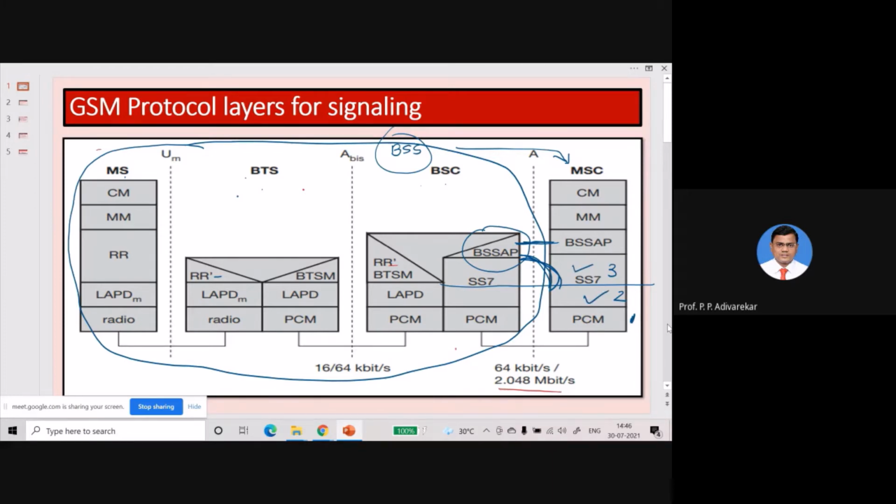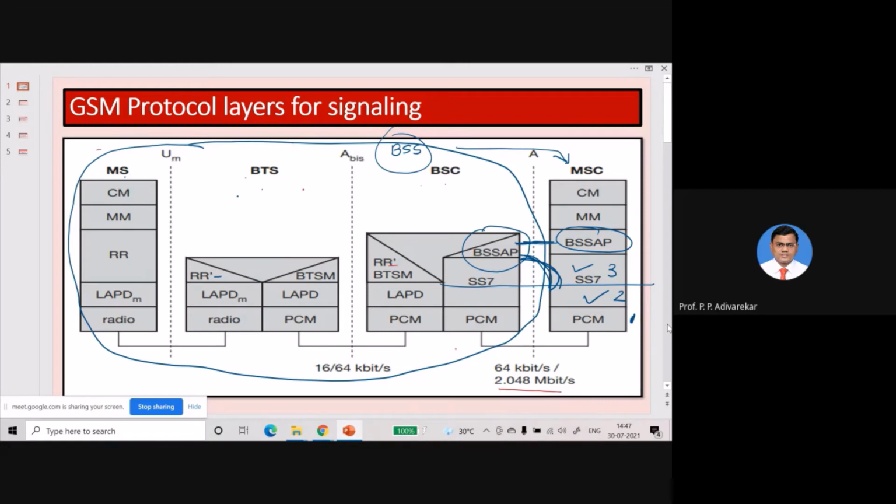So SS7 along with the BSSAP sends the information to the BSC, and only through this A interface. SS7 works in two layers, layer 2 and layer 3.